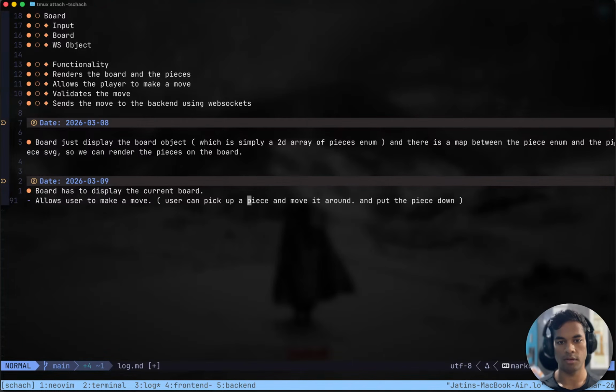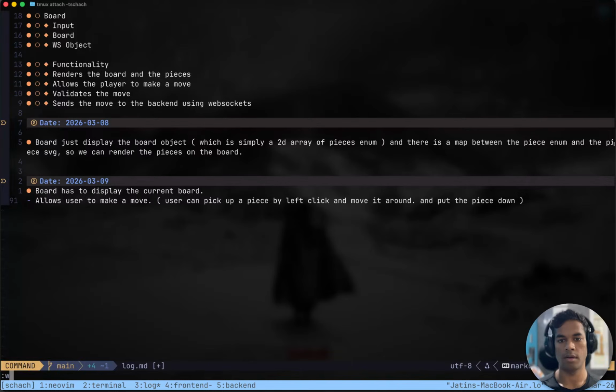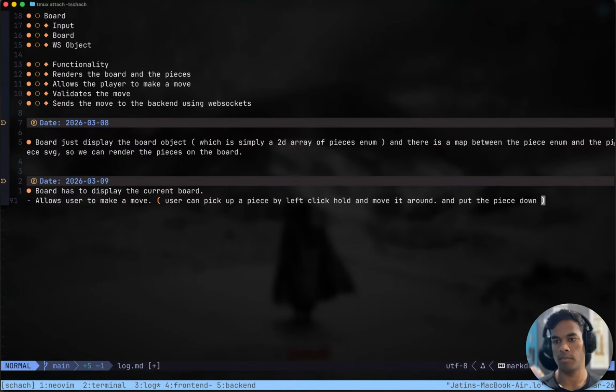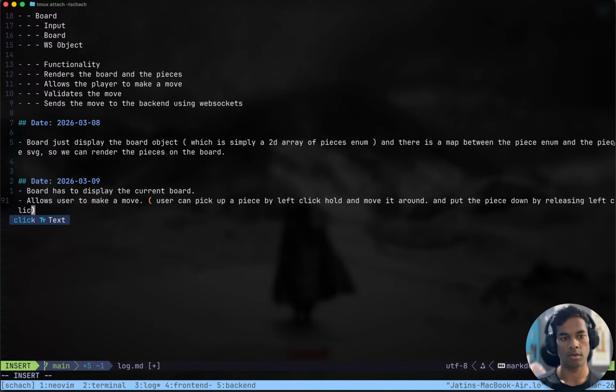Pick up a piece by left click, hold, and put down the piece by releasing left click.